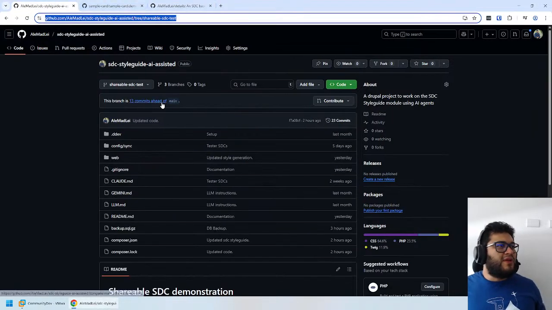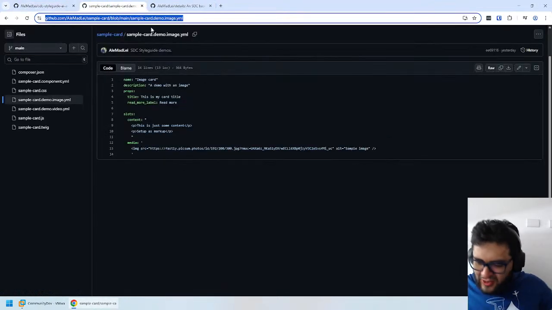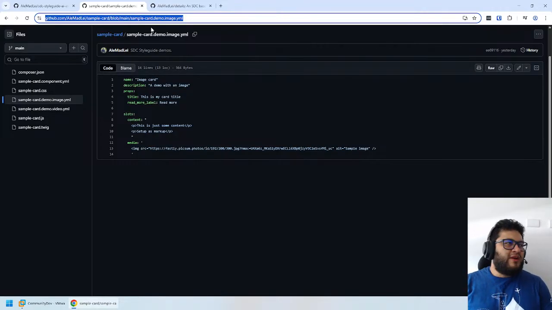Okay, so here's the long-term plan or idea. Let's say that me being a Drupal developer, I would like to create a library of components, but not bundle all the components together. I want to create independent components that I can just bring to my projects whenever I need them, because I might have some projects that don't require all components, or little by little I would be requiring all of them. So one of the things that is normally mentioned in the community is that if you want to share